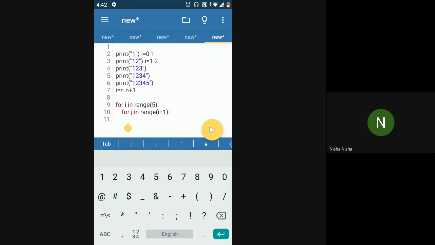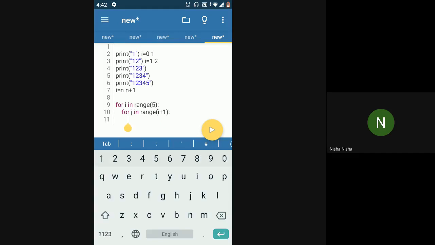So now I'll figure out what I have to write over here. What is it that I have to print? Initially I was printing only star, but here I need numbers. My number starts from 1, then goes to 2, 3, 4 and 5. Whenever i is 0, my number will end at 1.